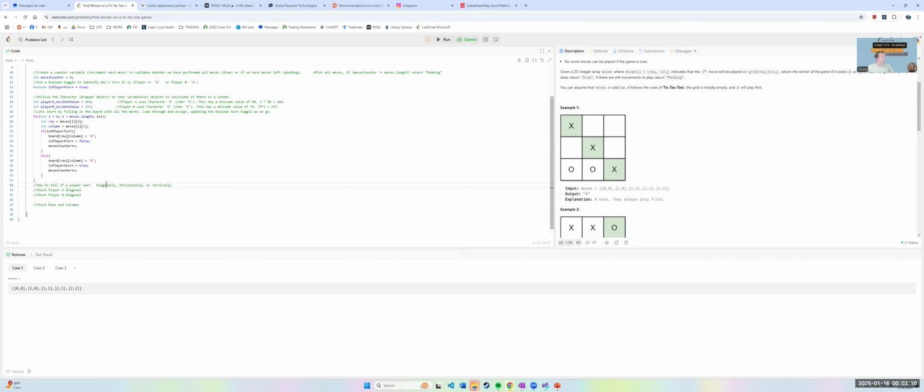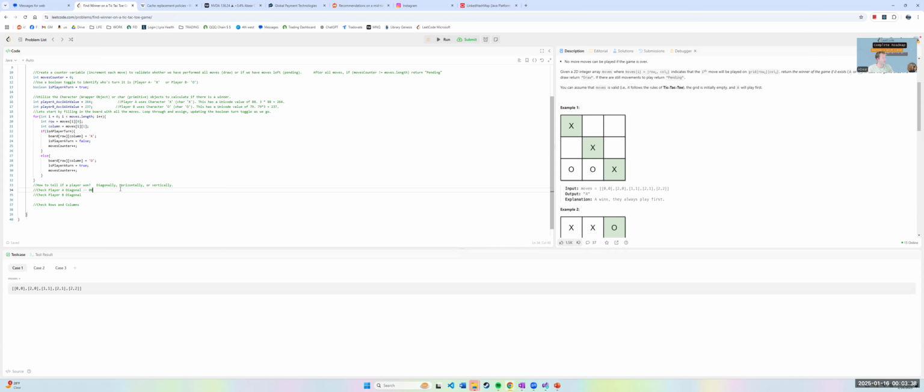So if a player won, they had to have 3 in a row either diagonally, horizontally or vertically. So if we look at this grid, how can we figure out a good diagonal? Diagonals are set, and since it's a 3x3, we could hard code those. So diagonal,